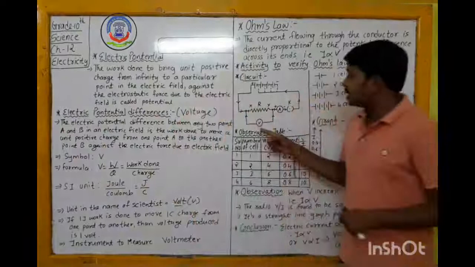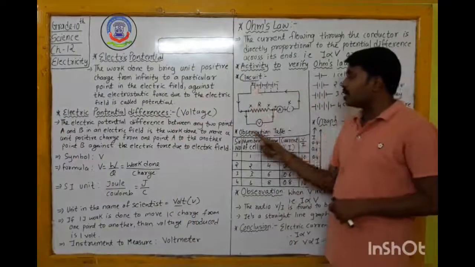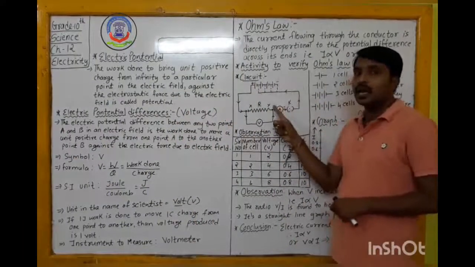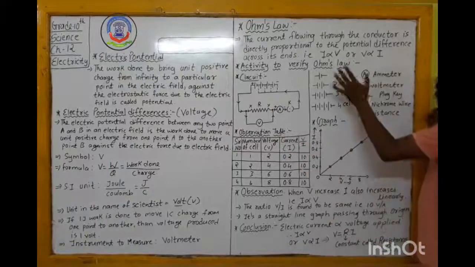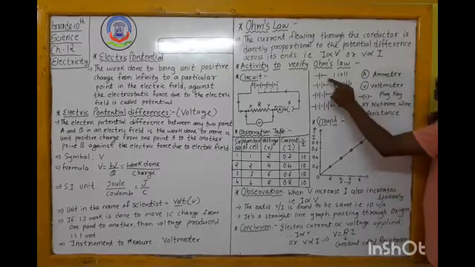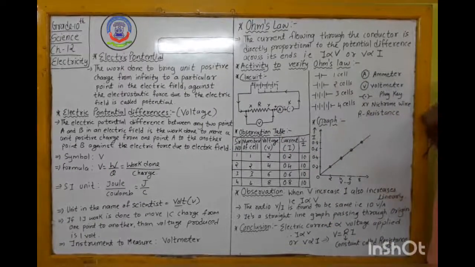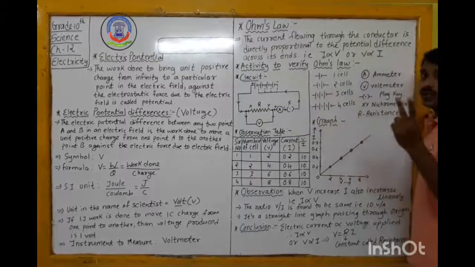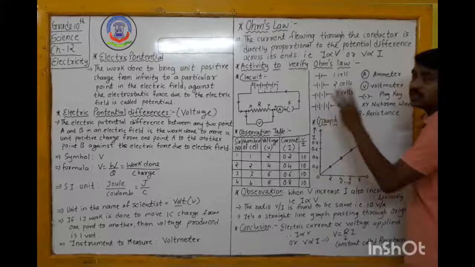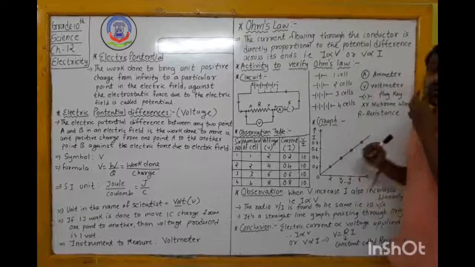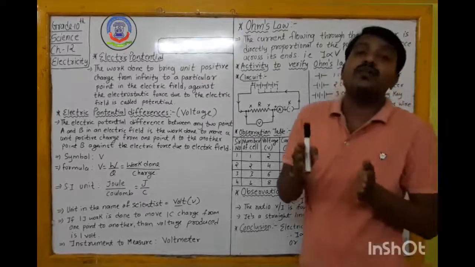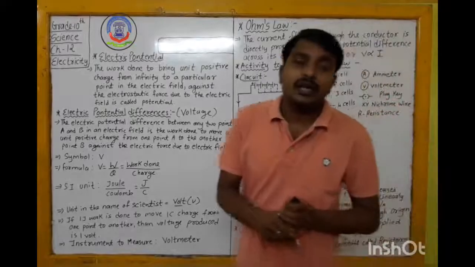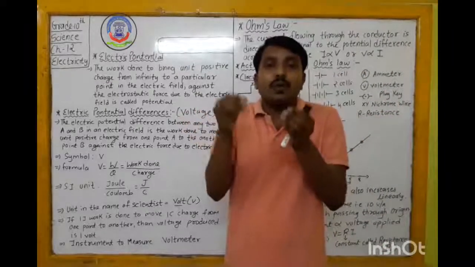Whatever is represented in this diagram, I have written in detail here. One cell means only a single cell, this part. This symbol means you are using 2 cells. This means 3 cells, 4 cells. What I will do is calculate the voltage created by each cell by putting them in the circuit